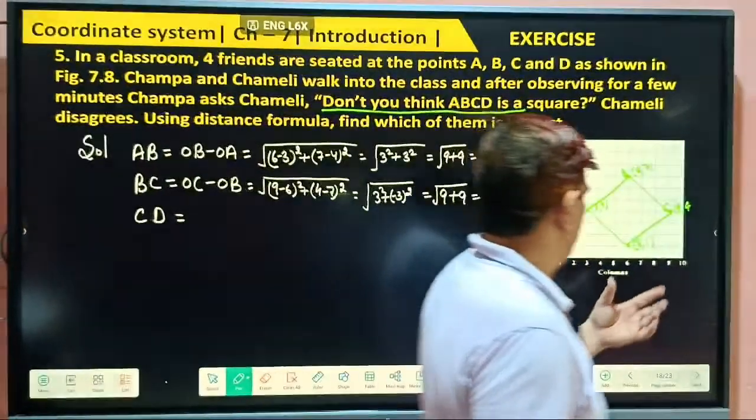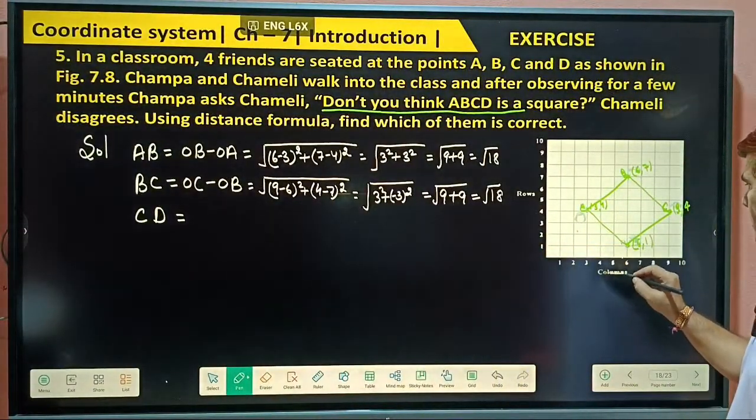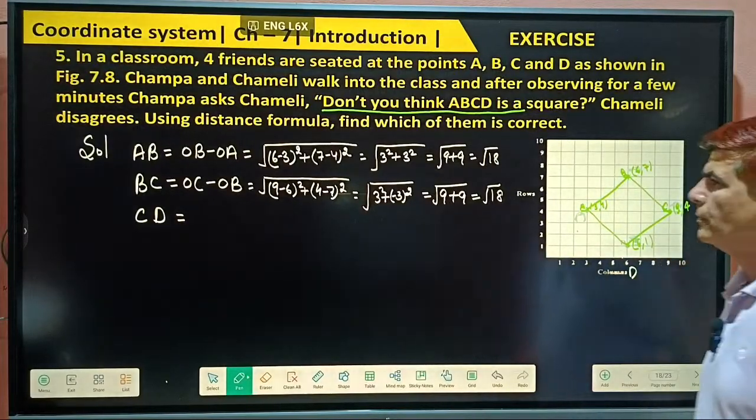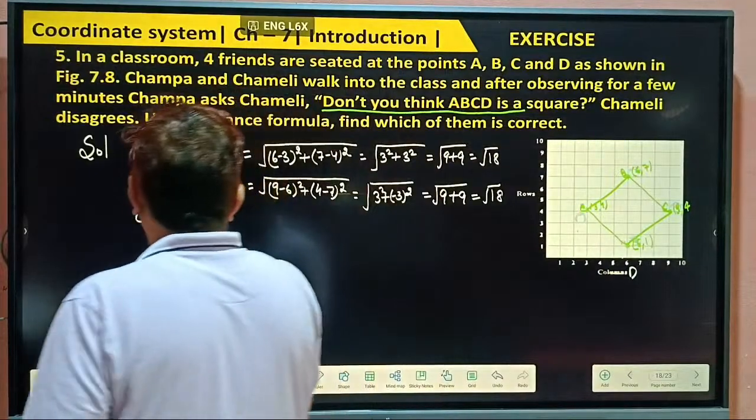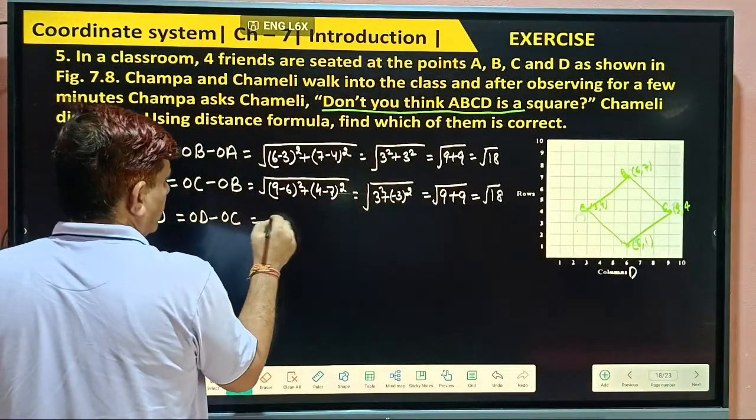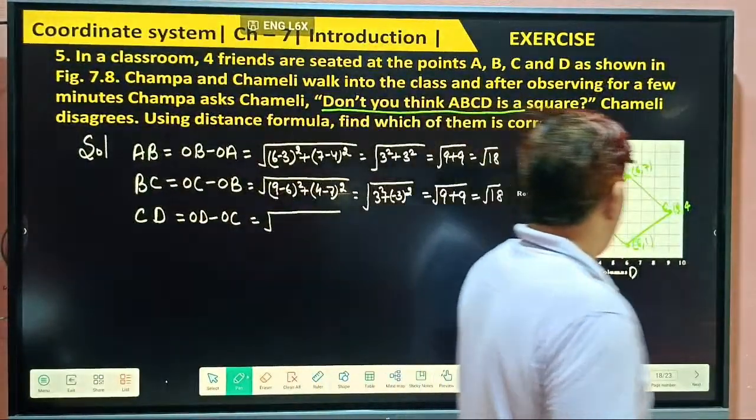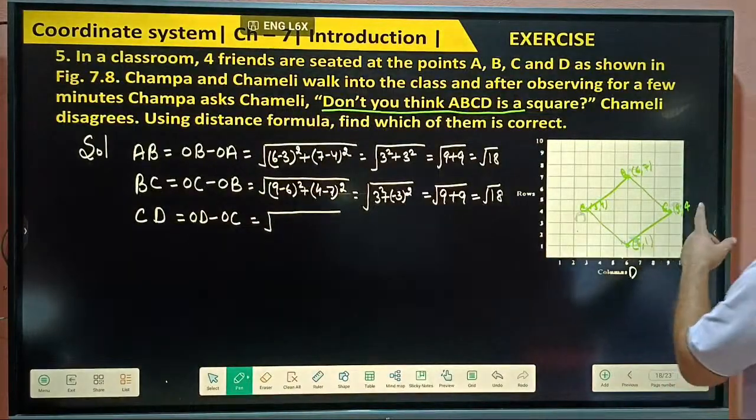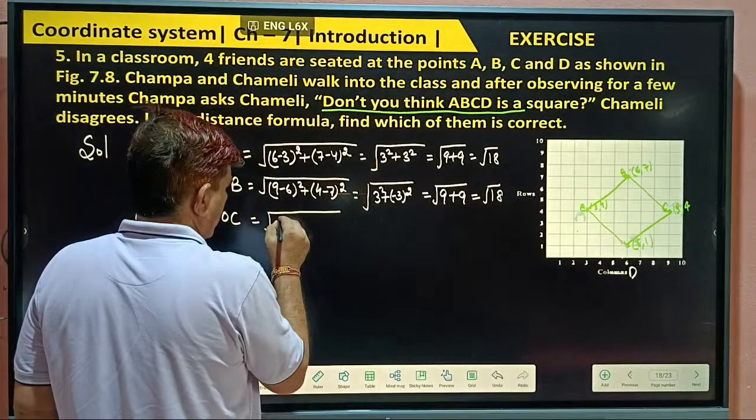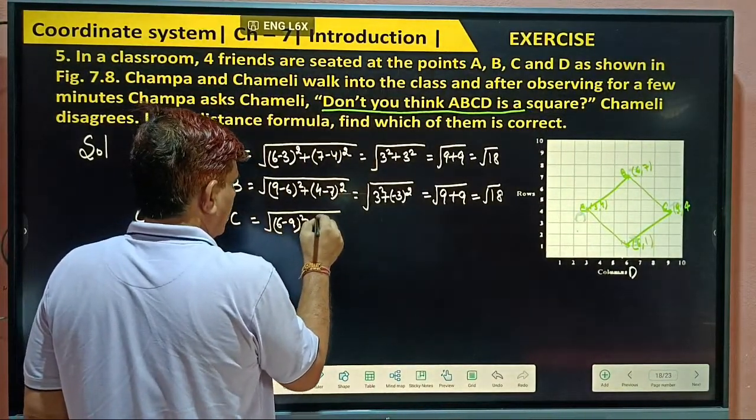CD, where is CD? This is CD. The point is here. What's D? D is here. CD equals OD minus OC. So what can you say? OD, D is this: 6 minus 9 whole square plus